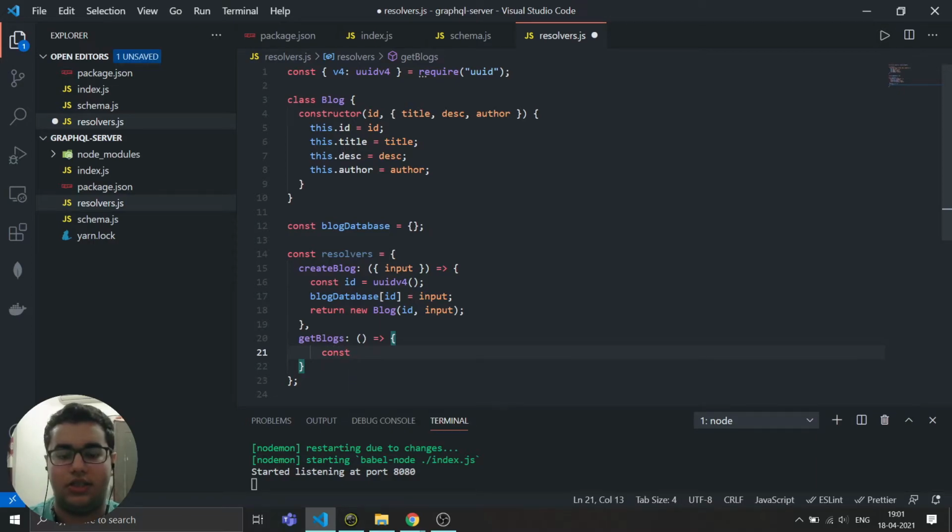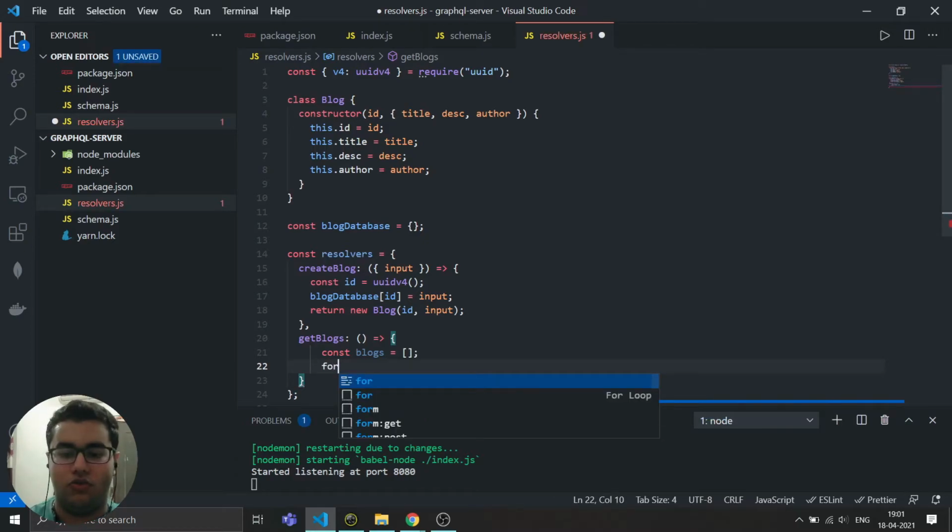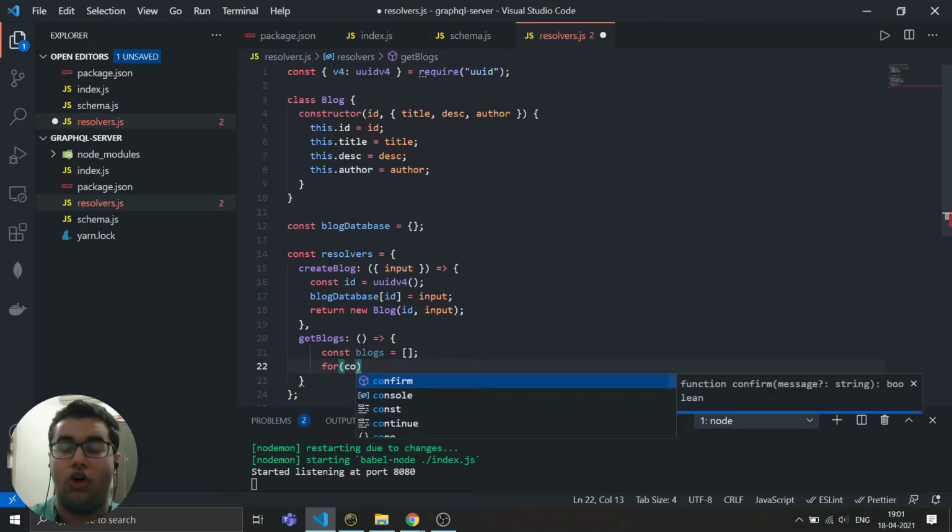So let's just create an array of blogs. Then we are simply going to traverse the blogDatabase object, store that stuff in blogs, and then return the blogs array. For that we will be using a for loop. It is a for-of loop.